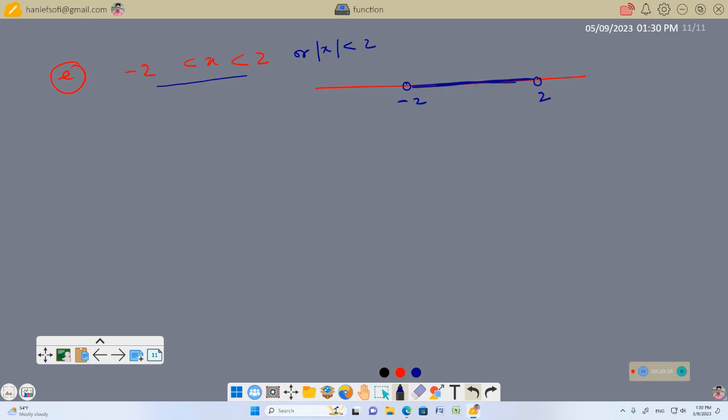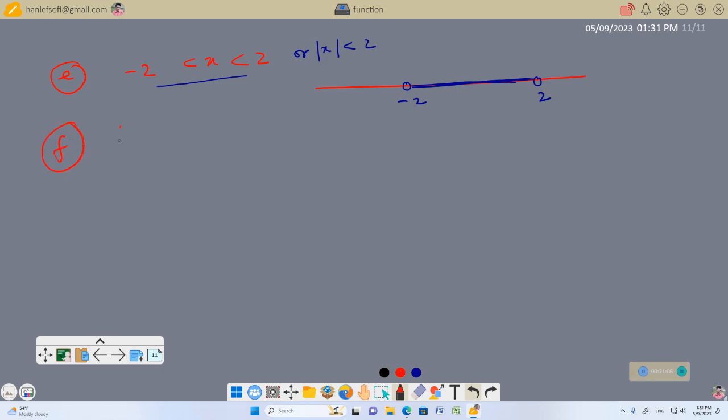There will be 0 between minus 2 and 2. So if you take the distance of any point to the right of origin or to the left of origin, they are all less than 2 length of distance of those points from the point 0, right? So whether you write it this way or that way, it is one and the same thing. Let me do another